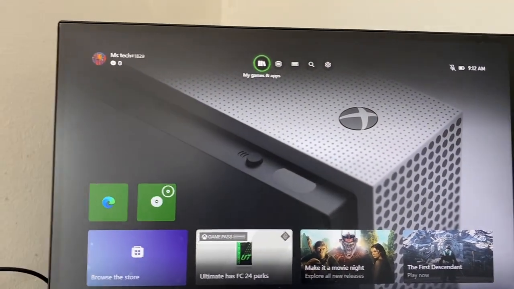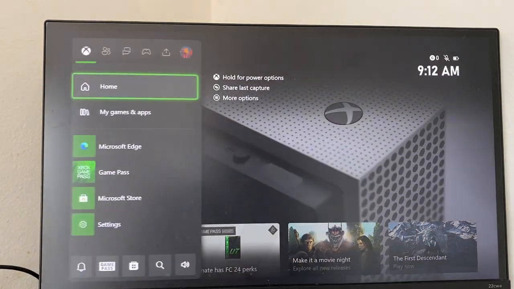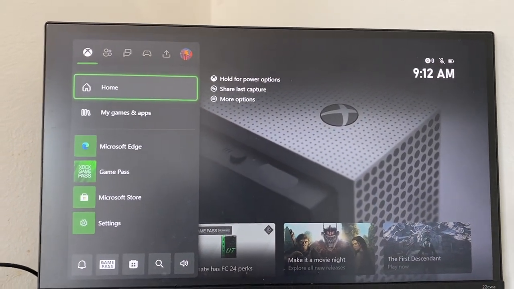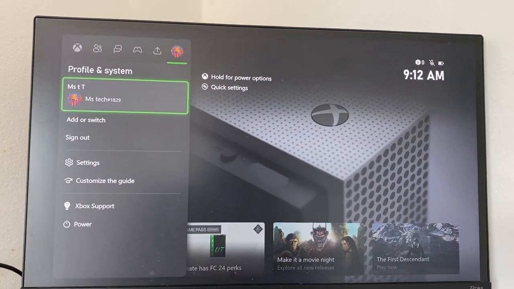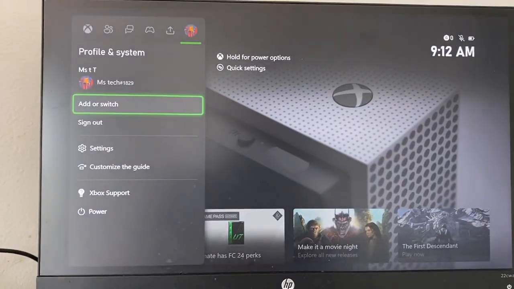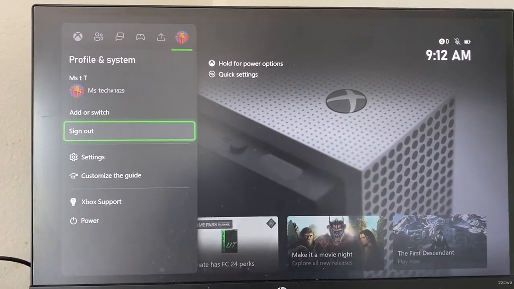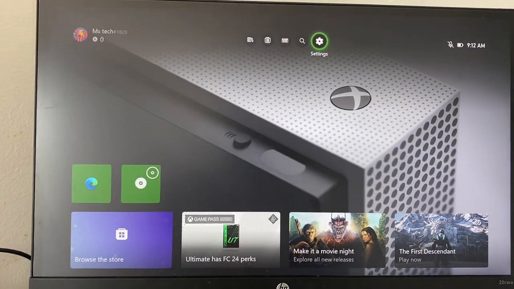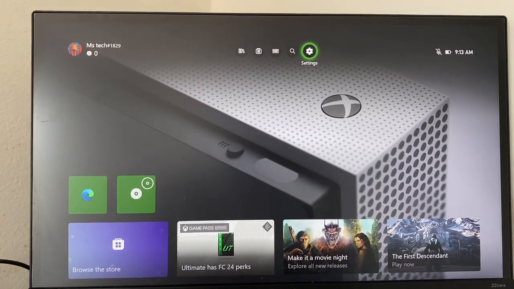So the first thing you want to do is head over to your Xbox and click on the Xbox logo. Head over to Profile and System, and basically just sign out of your account, and once you do that, sign back in and check to see if that fixes the issue. If that does not fix the issue, the second method you can try is heading